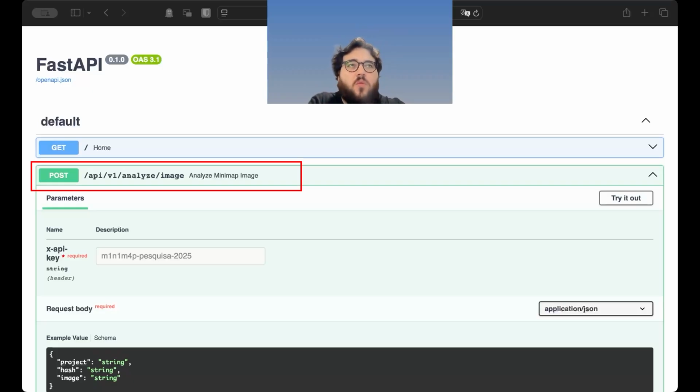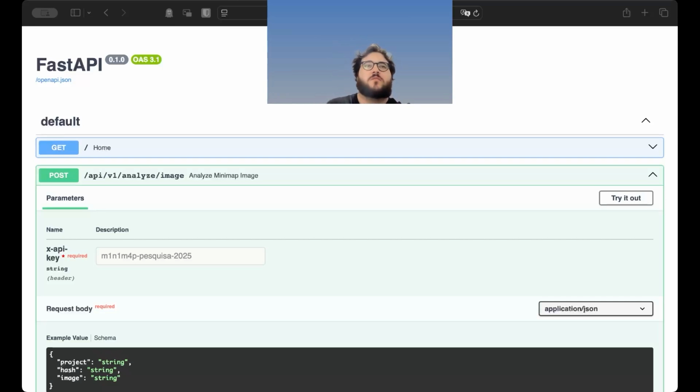The main endpoint accepts a JSON payload containing three fields: the project name, an MD5 hash identifying the source file, and a PNG minimap encoded in base64. The response follows a structured vector-of-vectors schema containing project, language, type, and author, and returns the top-N candidate classes with confidence scores. The contract is fixed, so it allows future models to plug in without breaking clients'